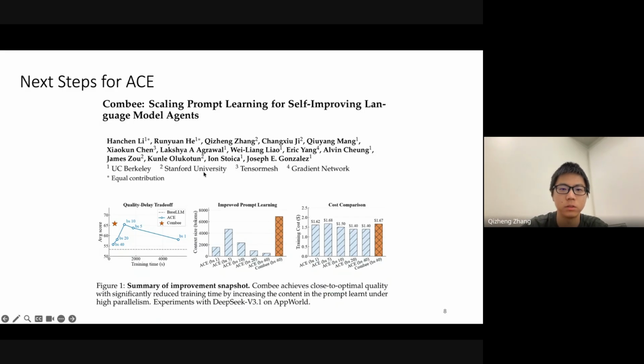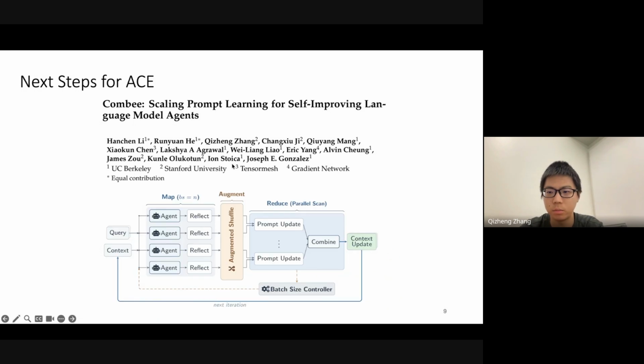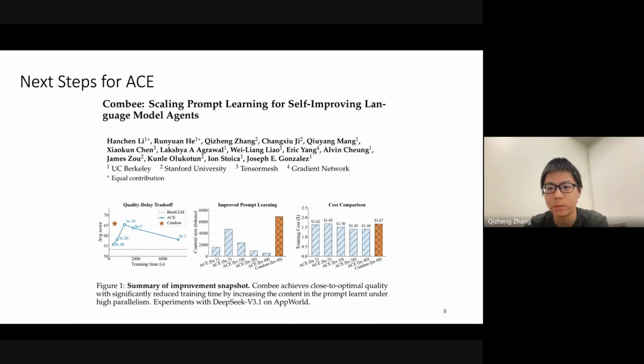Agents execute and reflect in parallel, and then reflections get shuffled and hierarchically combined via parallel aggregation. And then a dynamic batch controller balances quality against delay. The result is close to optimal quality with dramatically reduced learning time, while many agents run in parallel. So the flywheel Alex described can work at fleet scale.